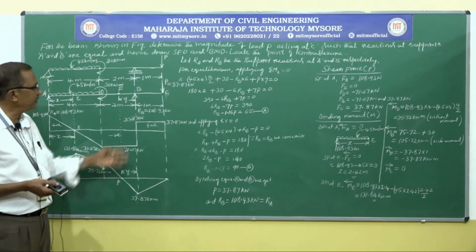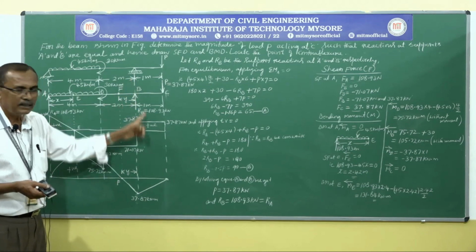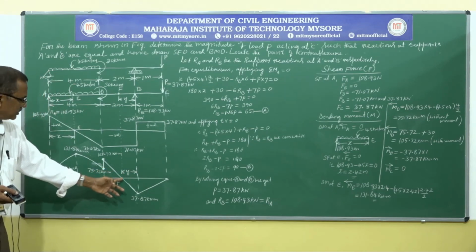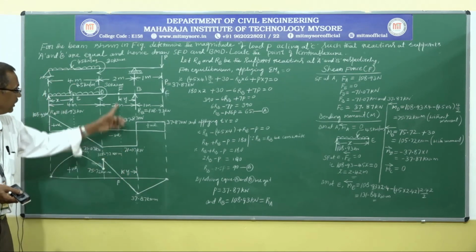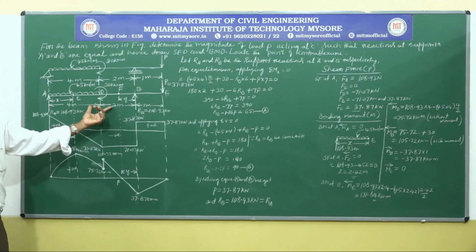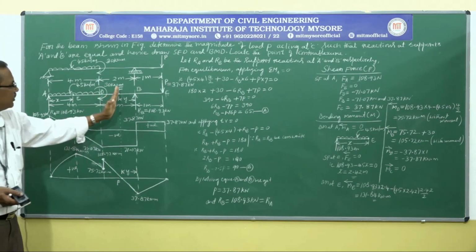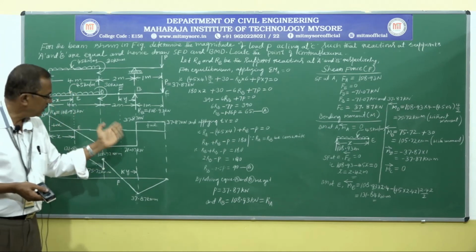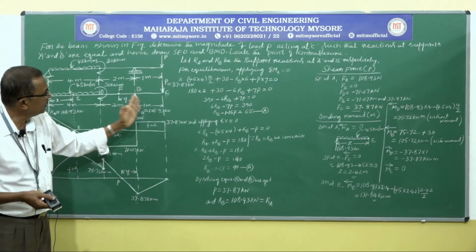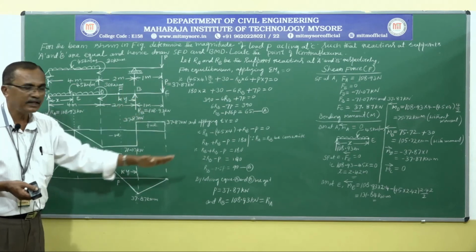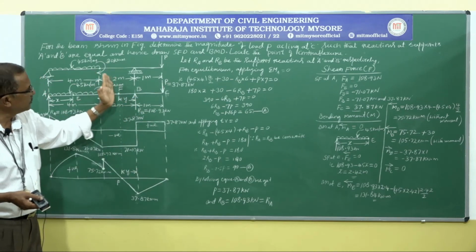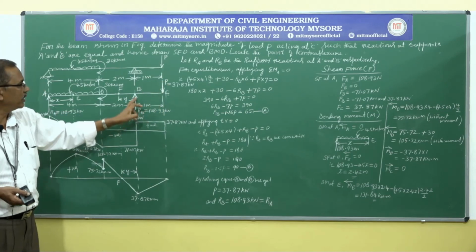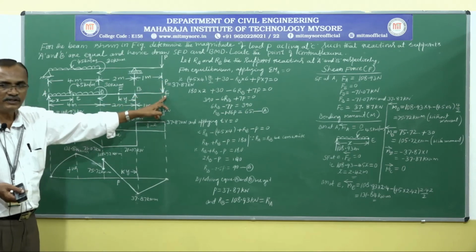Of course, for our convenience I have selected the right hand support. You can even consider the distance from point F to D, also you can take X. There you need to consider all the forces to the left hand side. I have marked this Y value to the nearby support on the right hand side for my convenience, and if I consider forces to the right hand side, there are only two point forces. One is the support reaction at B, another one is the point load at point C.